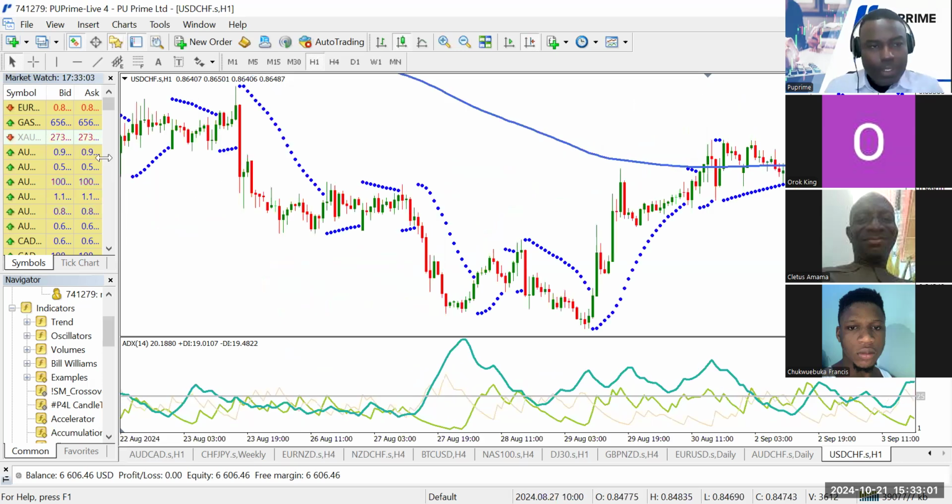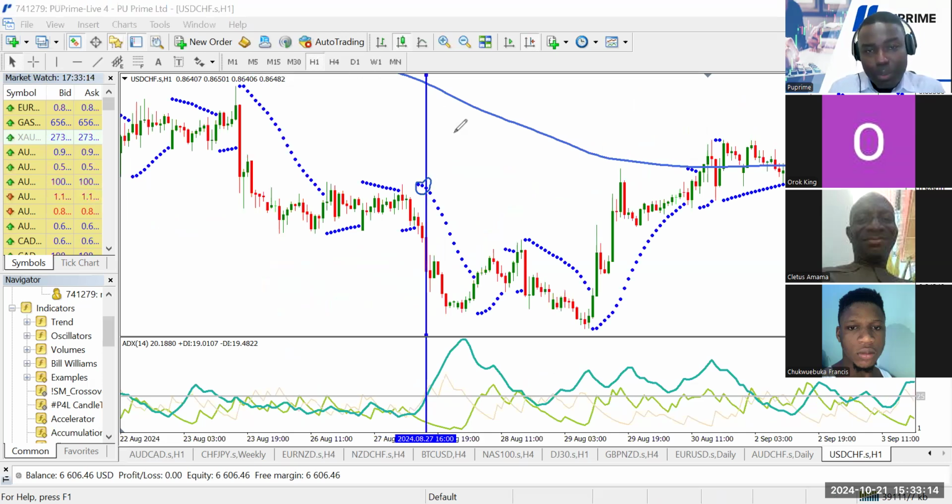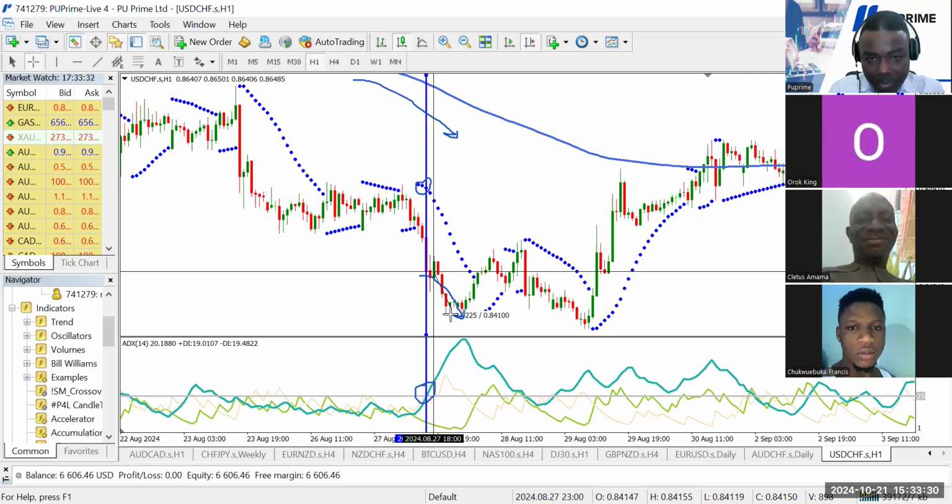All right, I found another one here. So we can clearly see we have the parabolic SAR crossing above the price, indicating we're looking for an opportunity to sell. Price is clearly below the 200 moving average, and the ADX crossed above 25 here for a sell. And at least we can see some slight bearish movement. And this, let's check. This was able to generate as much as about 25 pips,